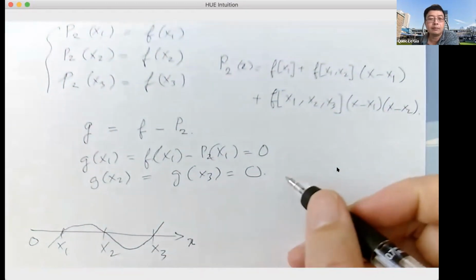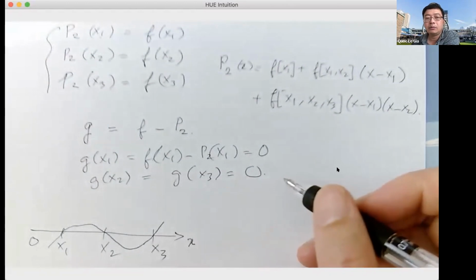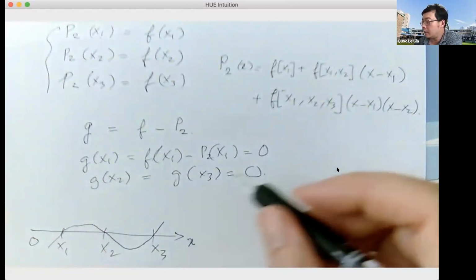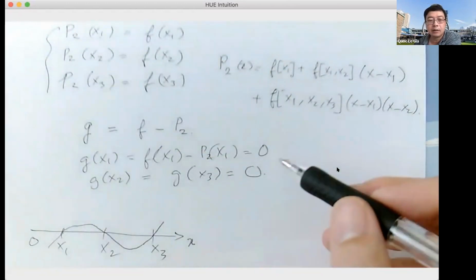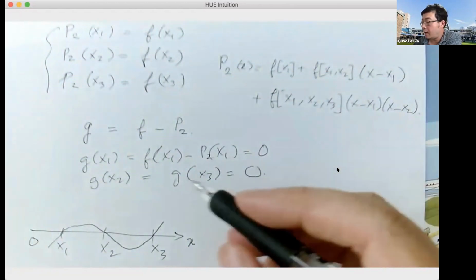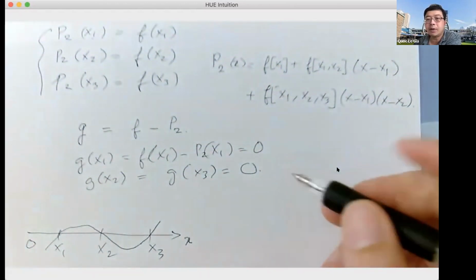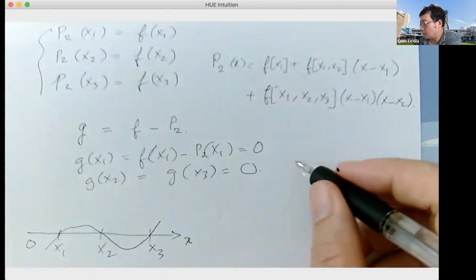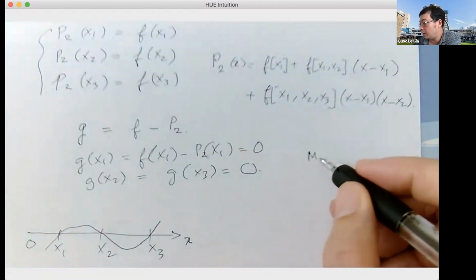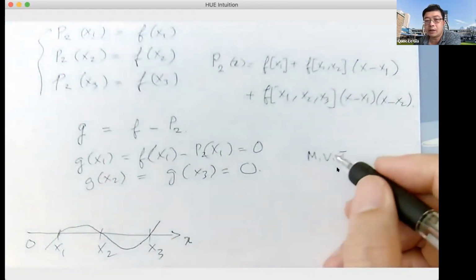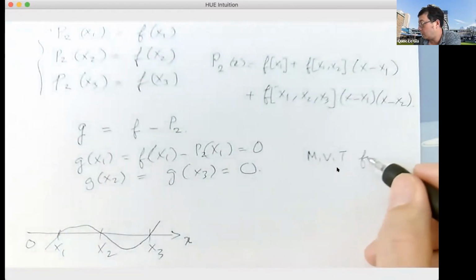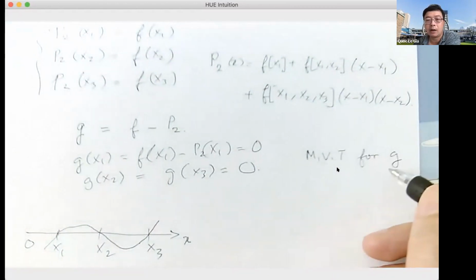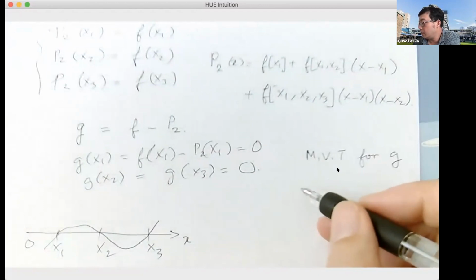So now, I consider the mean value theorem for g. This is the mean value theorem for two points. MVT stands for mean value theorem for g. Then there is